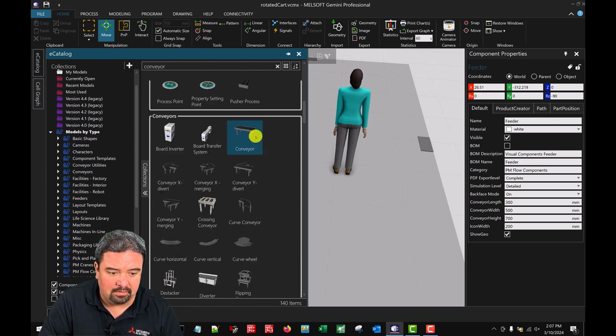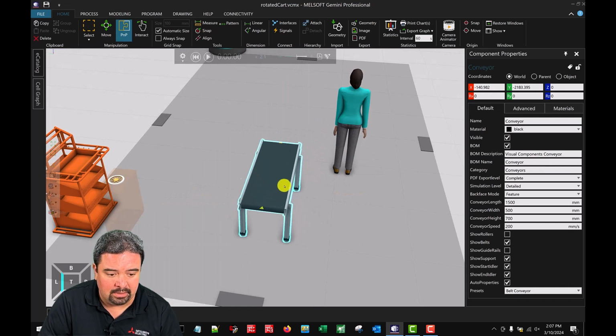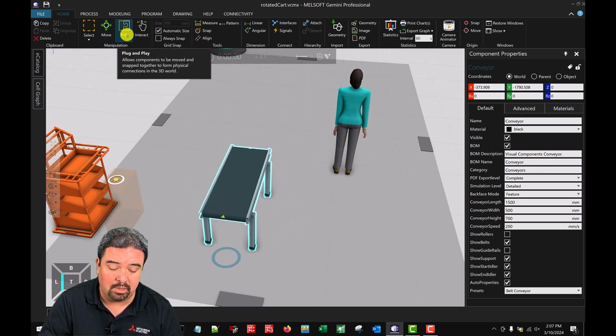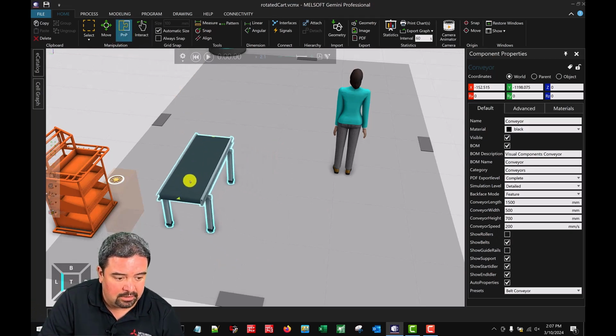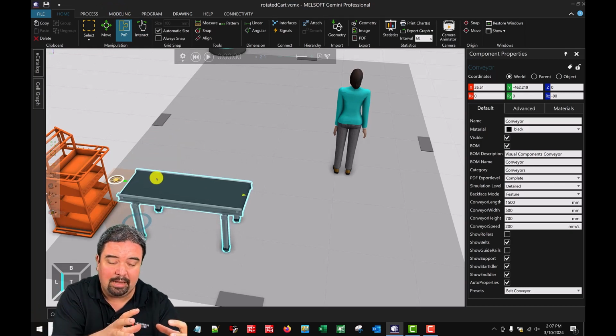We have a very basic conveyor here, basic operation. I'm just going to load this in. And again, I'm going to drag this over. PNP is puzzle mode, so it'll try to puzzle piece things together. So with PNP selected, I can drag this, and then we should see it automatically rotated and snapped into place